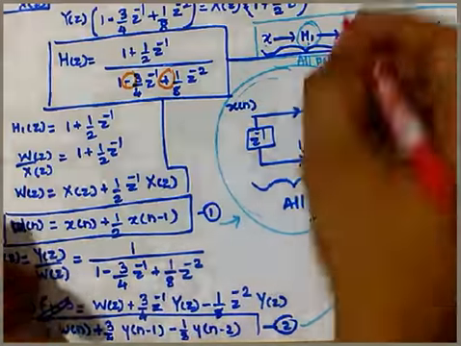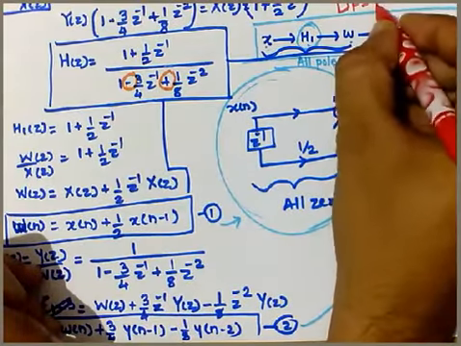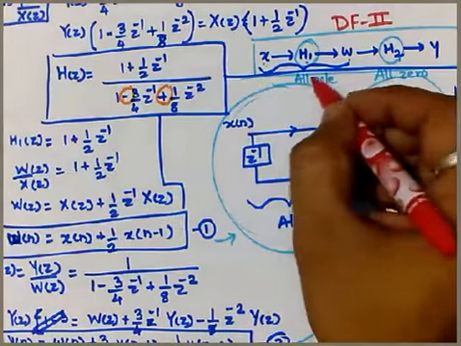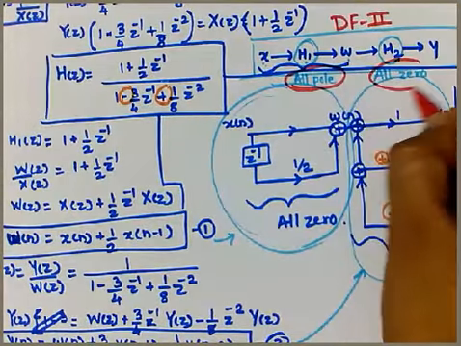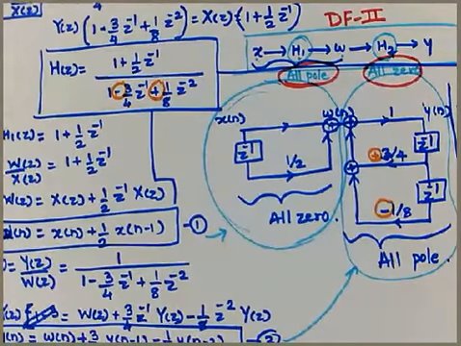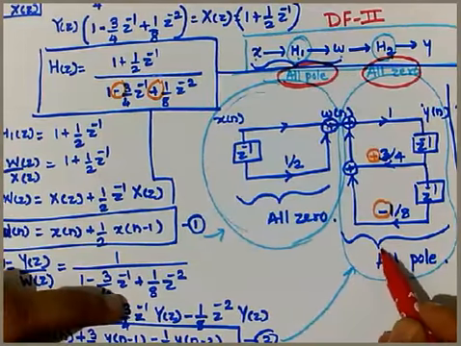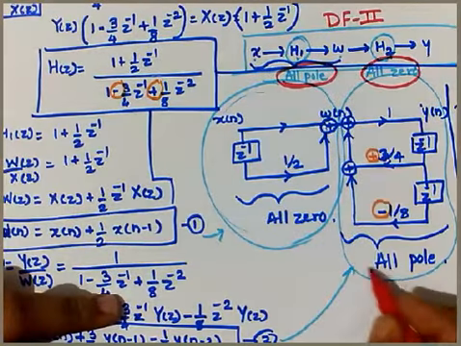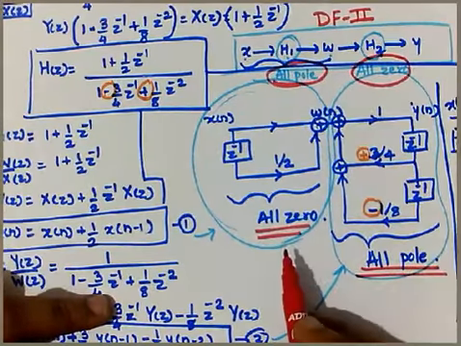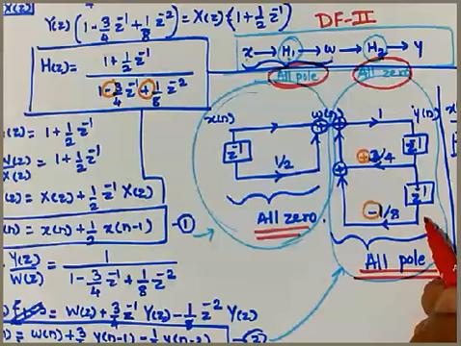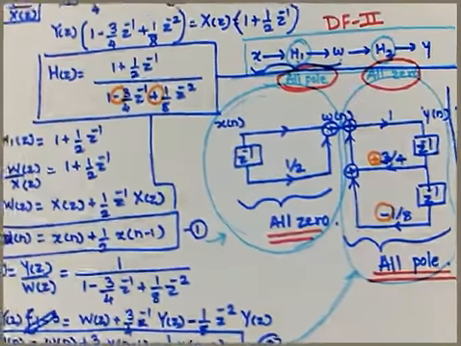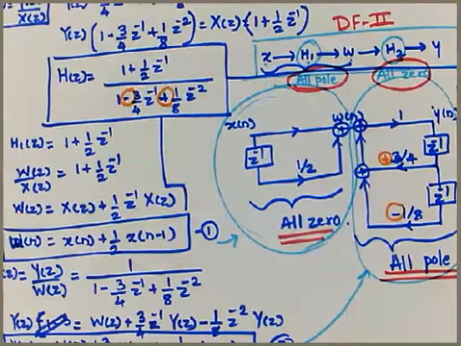When we interchange this, it is for DF2, direct form 2. This is the structure where the all pole part is at the start and the all zero part comes later on. So we need to write the all pole part at the start and all zero afterwards. Then the problem will be solved for DF2. But let's proceed to analyze it in terms of the equations.